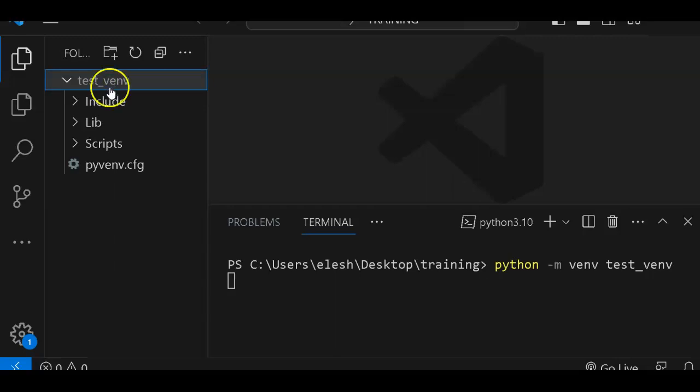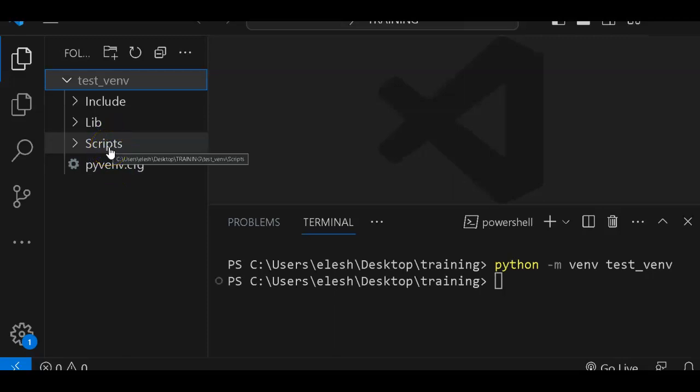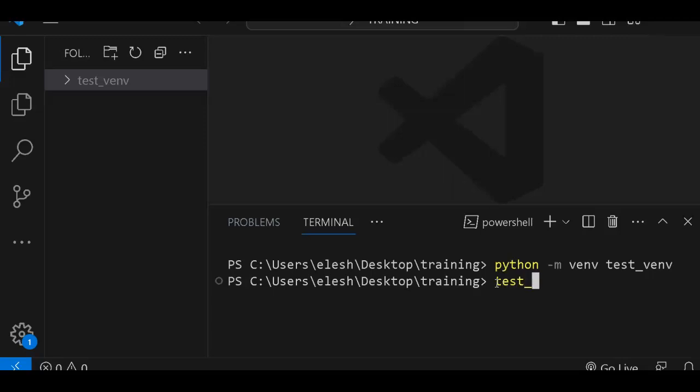If you click on it, you're just going to see this bunch of folders: libraries, include, and scripts. You see, this script folder is very important. That is what you're going to be using to activate your virtual environment. So I'm going back to the terminal to activate the virtual environment that I just created. To do that, you're just going to say the name of your virtual environment that you just created, /script